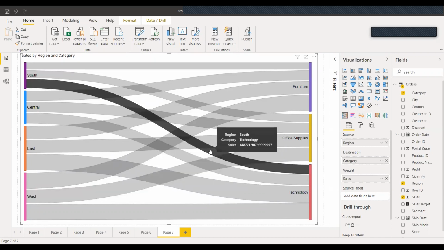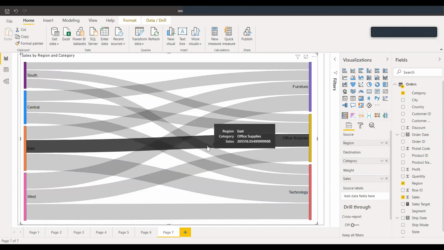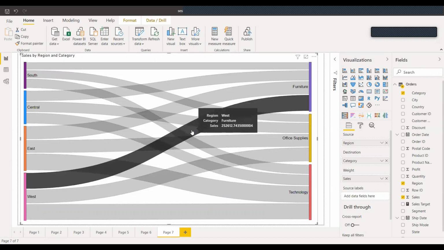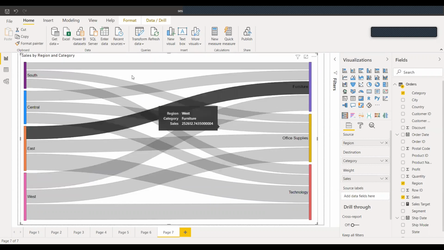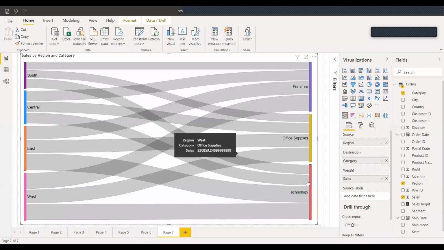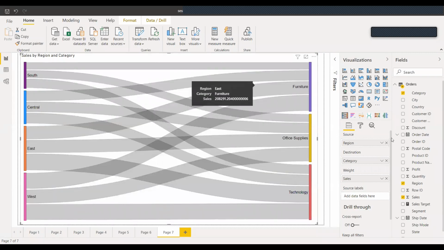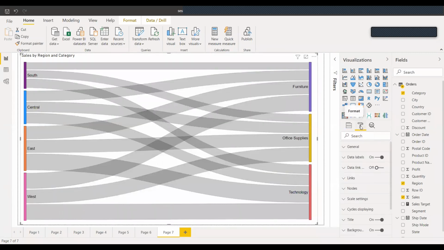Now, unlike Tableau, we don't have to create a measure or some other calculated field. It does all that in the backend, and it will give you the visuals. Here you will get some additional features like data labels, which show the name. We have data links, so if you open it, it will show you the value in the lines, but it won't look good.